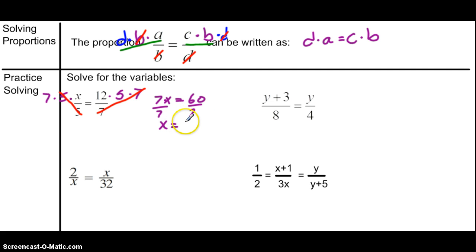We could leave that as a fraction or as a decimal. Put that in your calculator, and you should get about 8.57 if we round to 2 decimal places. This next one's a little more challenging, but still not too bad. We're going to go ahead and multiply 4 over here